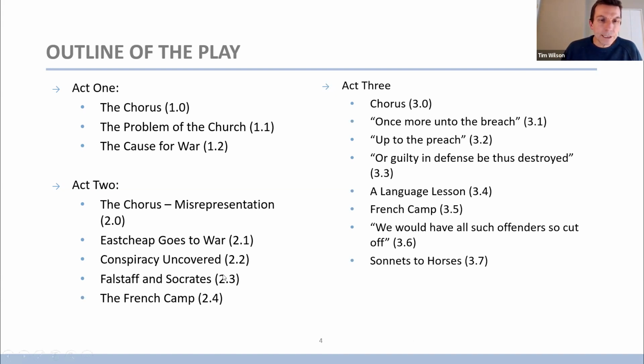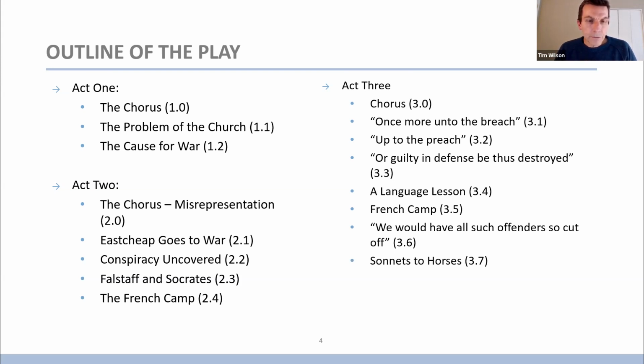In Act 2, Scene 2, the conspiracy is uncovered, and the three conspirators are sentenced to death. So Henry is able to expose, but also treat rather ruthlessly, anyone who's found to be conspiring against him, which in this case is a sign of his resolution, so to speak.